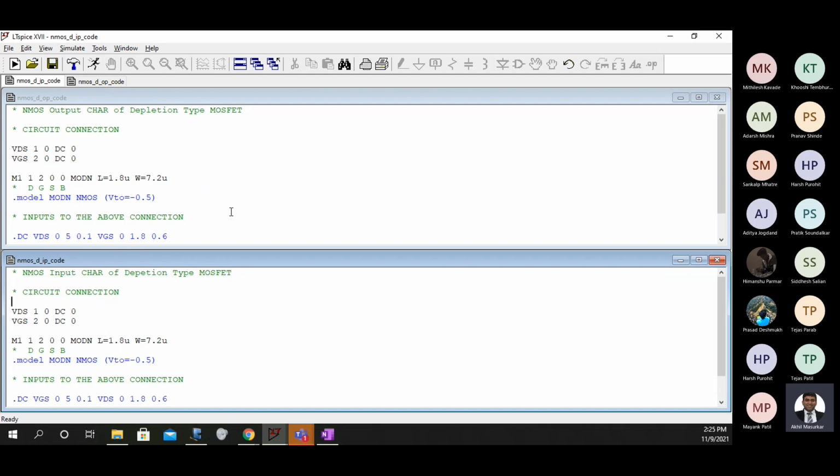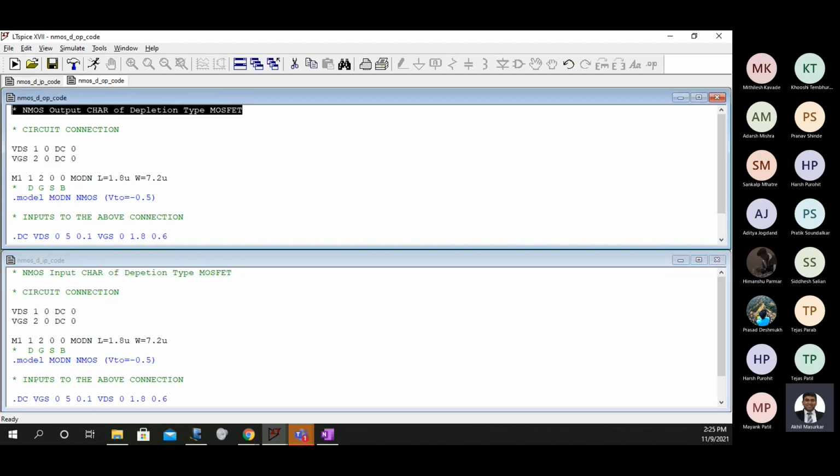Post these two codes in the output. I should clearly see input characteristics of depletion type NMOS and output characteristics of depletion type NMOS.